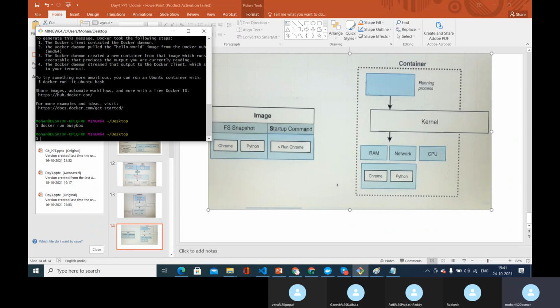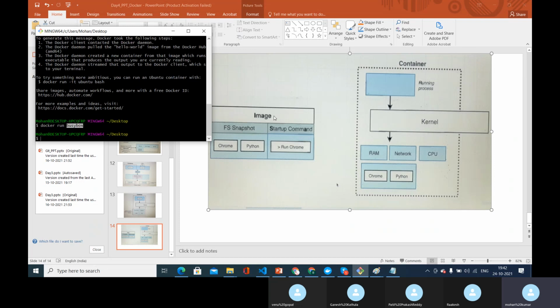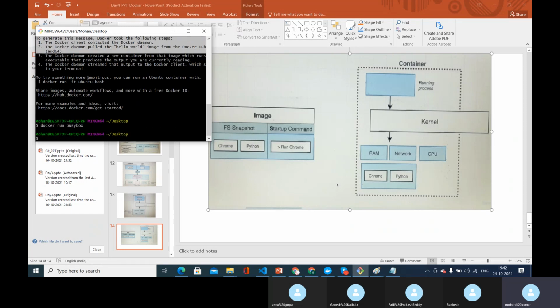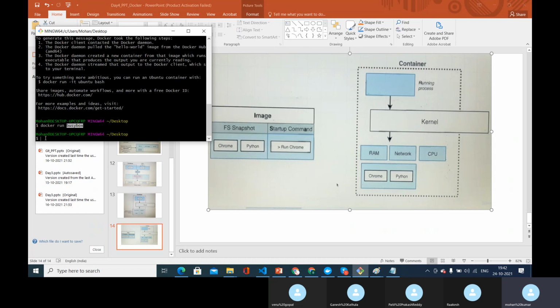Busybox is again an image in the Docker Hub. This docker run busybox doesn't show any output. It means the startup command doesn't have anything to print to the console. Like hello world has hello from Docker, but busybox doesn't have anything.